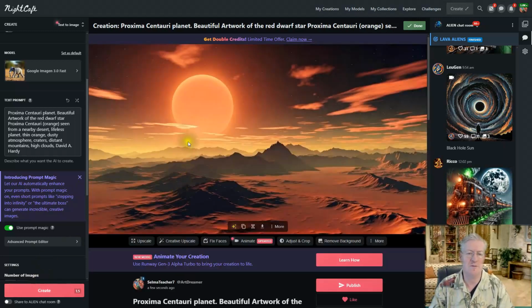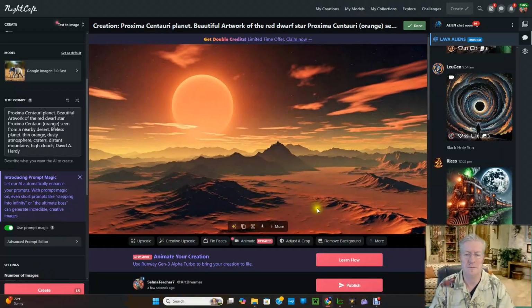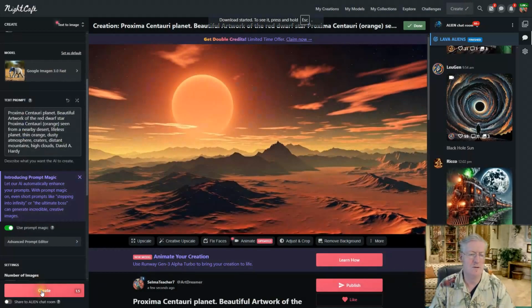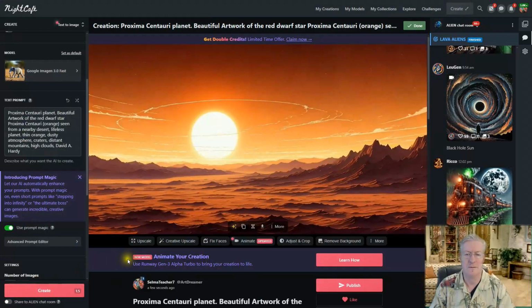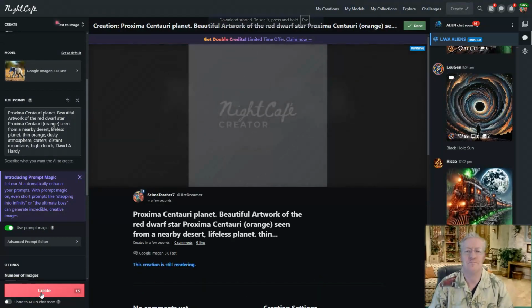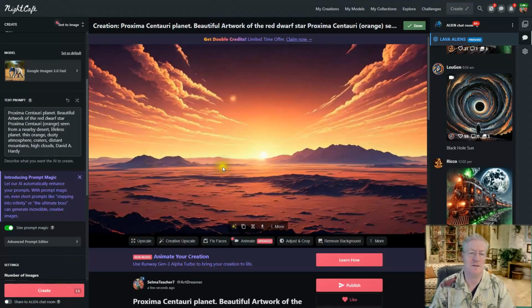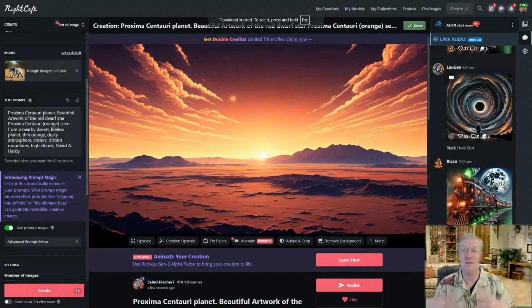There we go. Look at this beautiful landscape. I like it, so I'm click on download. And let's do it again. Wow, this is beautiful. Look at these types of clouds up here. Can you just imagine being on this world and seeing this out your portal window? That would be awesome. Let's create another one here. Wow, look at this. What a beautiful landscape. So what I'm going to do is download this one here. Click on save to save it in my downloads folder.